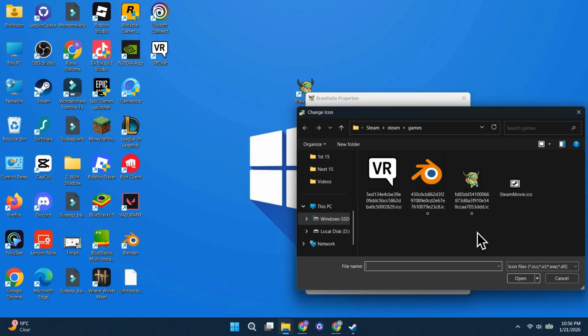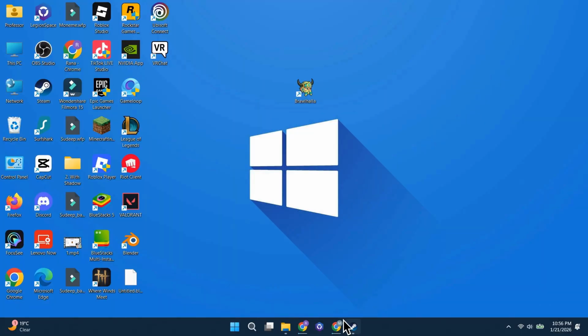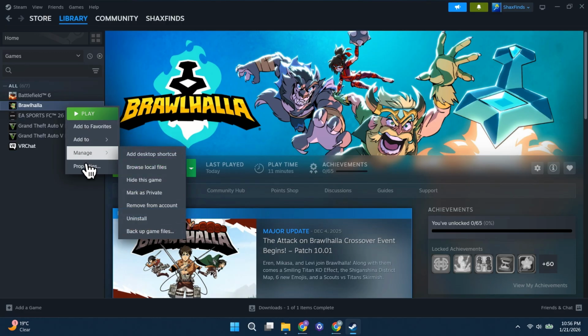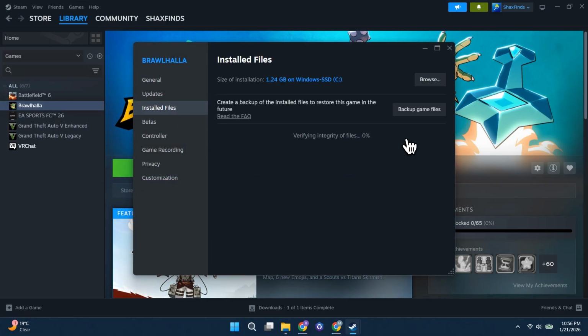If the game icon is not available there, you'll need to verify the game files. Open Steam, head over to your library at the top, find the game, right-click on it, and then go to Properties. From there, go to Installed Files, and then click on Verify Integrity of Game Files. This process may take a while, so wait for it to finish. Once it's done, close everything and repeat the same icon changing method shown earlier, and the game icon should now